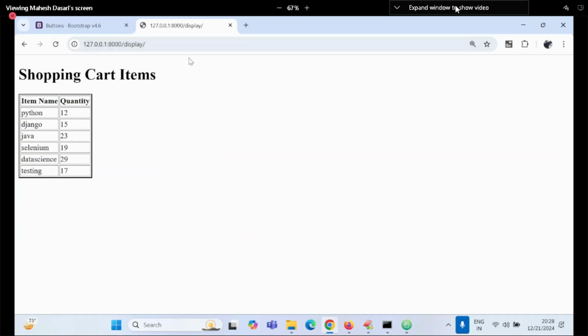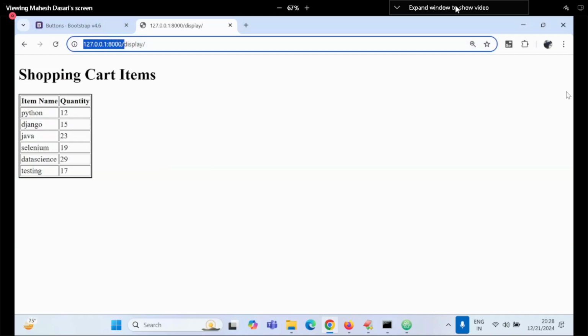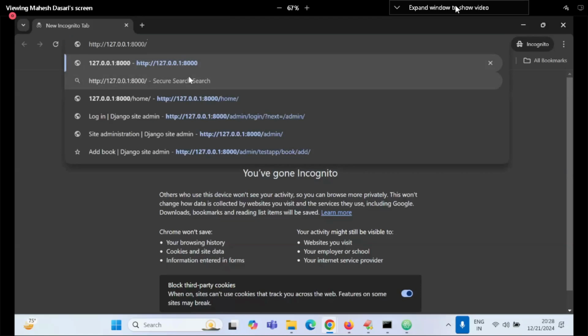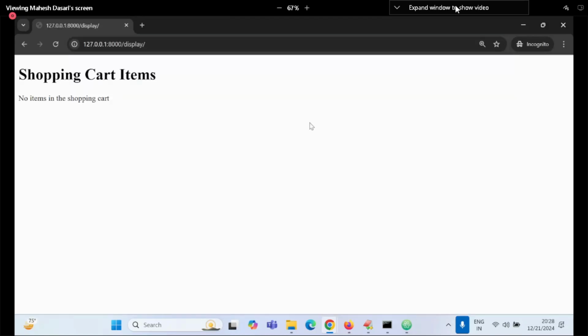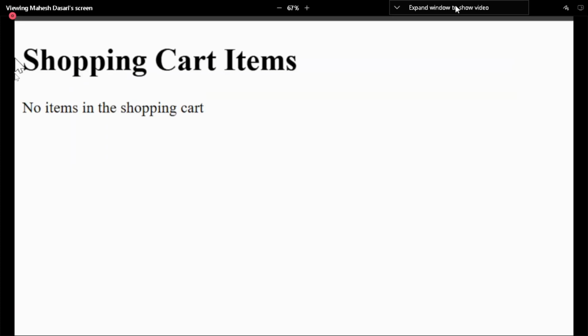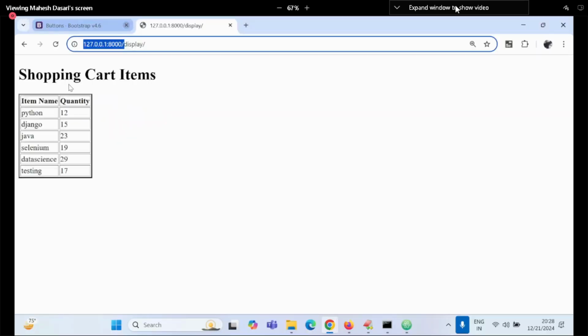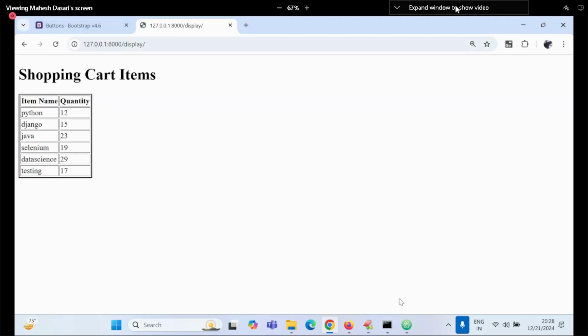For example, when that message is coming, I will show that message also. No items found. Go to the no items in the shopping cart, because I have not added anything. That will be displayed. So like that, we have to add. So for example,